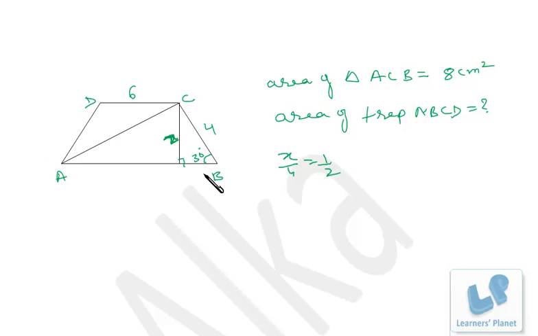Now the other way to find out the area of triangle ACB is base into altitude. What is base? That is AB. Altitude is 2, into 1 upon 2. So that's actually 8, right? Half base into altitude. That means AB is equal to 8. Now we got AB, we already have DC, we got altitude. So what is the area of a trapezium? Half sum of parallel sides into altitude. So that's 14 unit, or we can say 14 centimeter square.